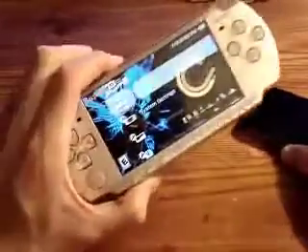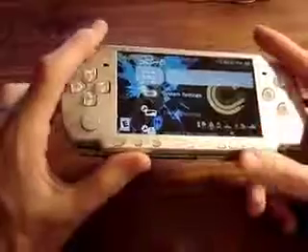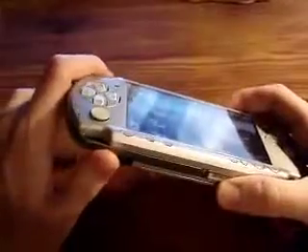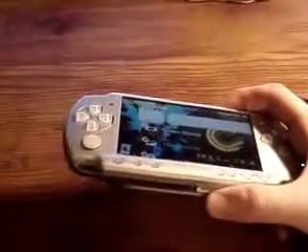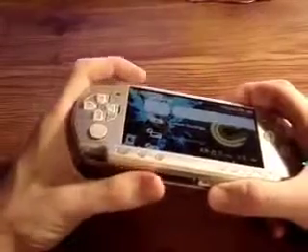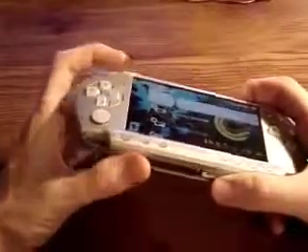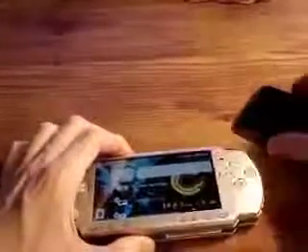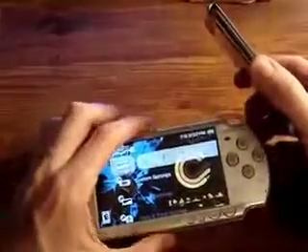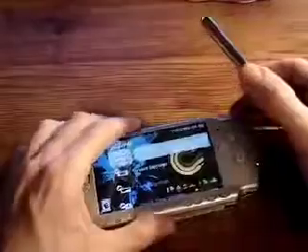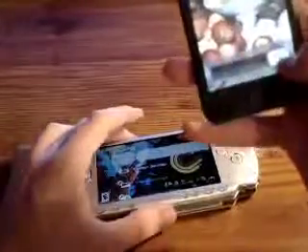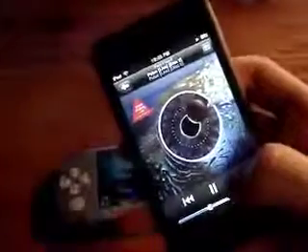Whereas with the PSP, you just plug it in via USB, or you could just plug the memory card into your computer, and then you can drag and drop things in Windows or Mac operating system to the folder, and you can update the memory card that way. So this is better if you have a lot of playlists and things for videos and pictures, whereas this is better if you just want to quickly drop things onto your PSP. And just to show you a little bit about the music player, it just looks like this, and then you can skip through different albums, different songs,